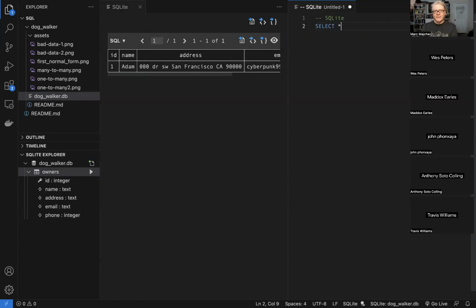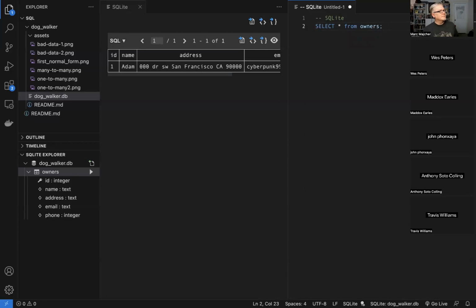So I just want to select everything from that table. So I'm going to say select everything, star, from, and then I'm going to give it the table name. So I'm going to select from owners. And SQL always needs a semicolon at the end. That's just the way SQL is. We can run this query and it should give us the exact same thing. Cool. So we can select all the things from a table, and this is our R in the CRUD. This is our reading. A read in SQL is going to use select.